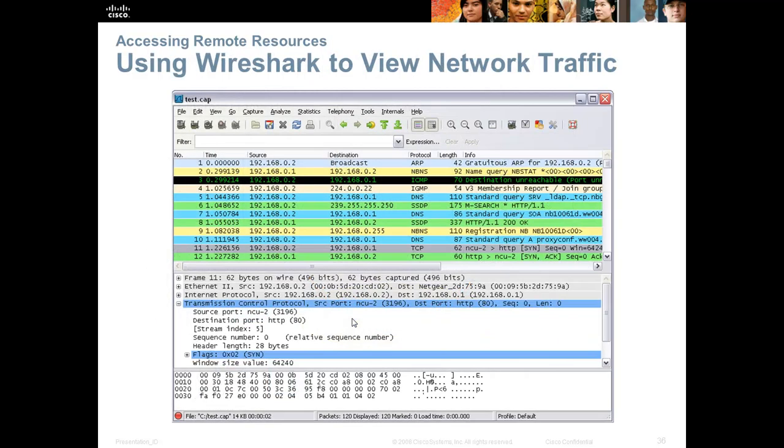There is a free tool known as Wireshark that's available for anybody to download on the internet. And what Wireshark does is it captures traffic as it's being sent on the network. It's a great tool to see these frames and these packets that we've been talking about in action. You can click on the frames that it sniffs on the network, and you can open them up to see all different sorts of information, such as the source IP address, destination IP address, source MAC address, destination MAC address, source port, and destination port. So we will use this program from time to time, and actually there's a lab in this chapter that walks you through how to set it up and use it, and I highly encourage you